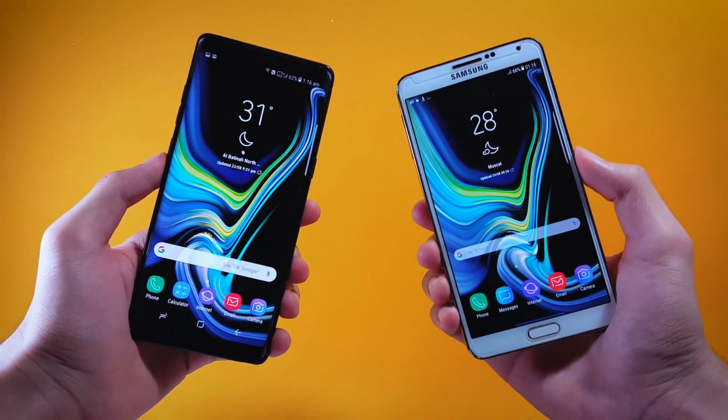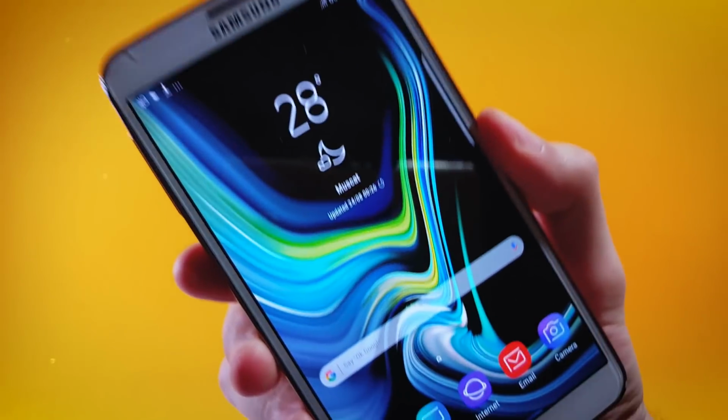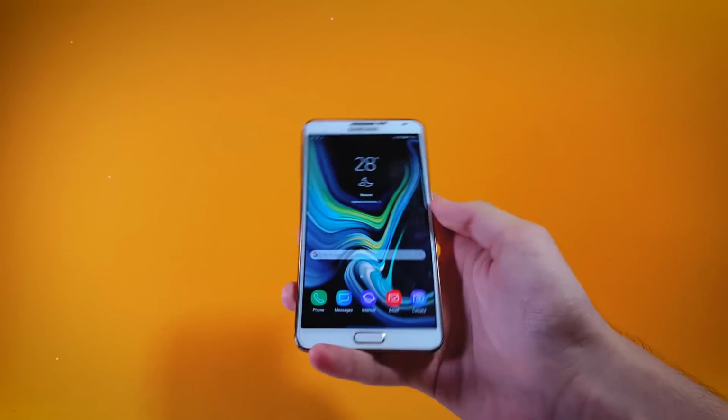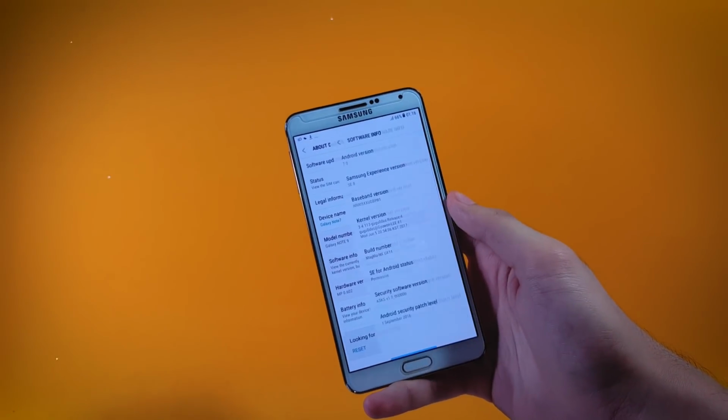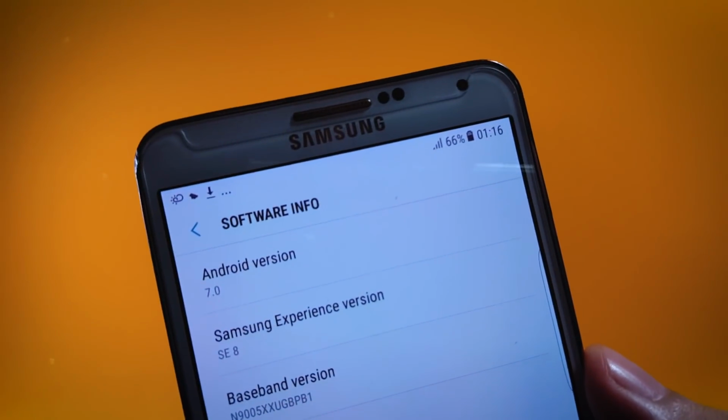Guys, first of all, we're going to be taking a look at the Android version on which this Galaxy Note 9 ROM is currently running on. So for that, I would like to take you inside of settings and then in about device. And here in software information, guys, you can see right up at the top, the Android version of this ROM